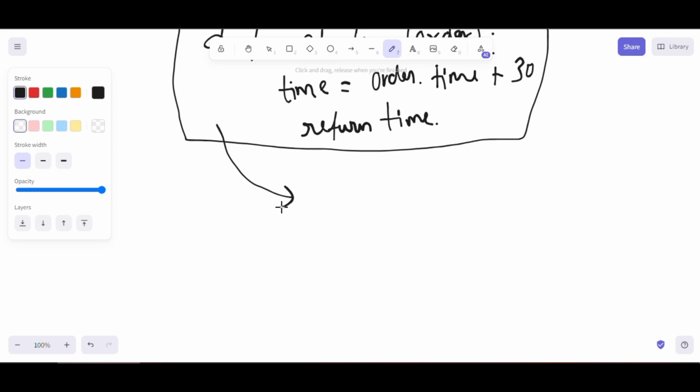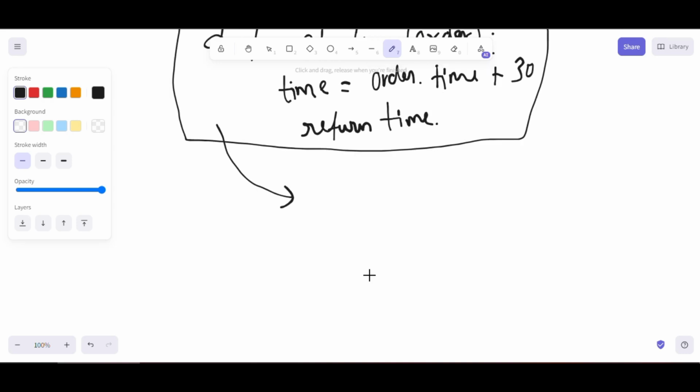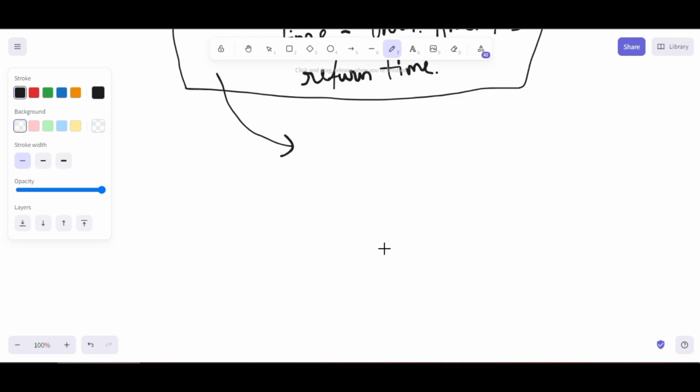One problem here is calculate time. What does calculate time do? I am not able to understand what this function is doing. So if I am in a senior position, I will have a clear function, folks.